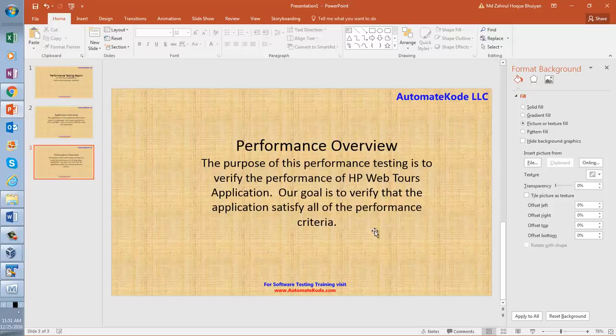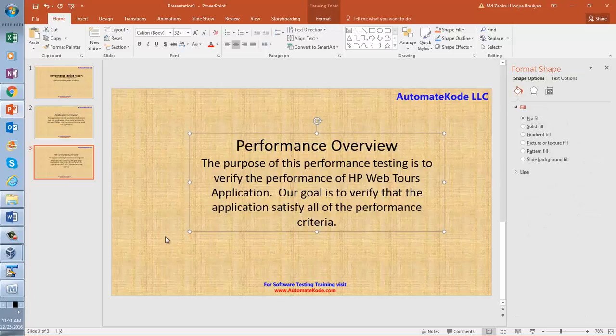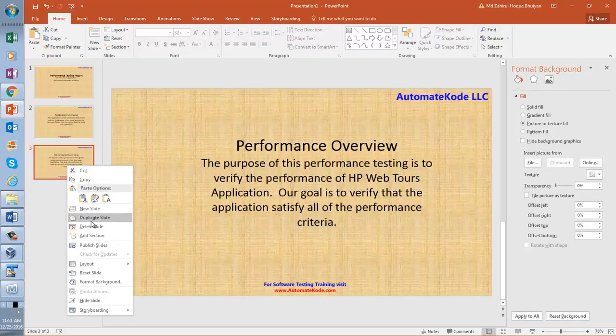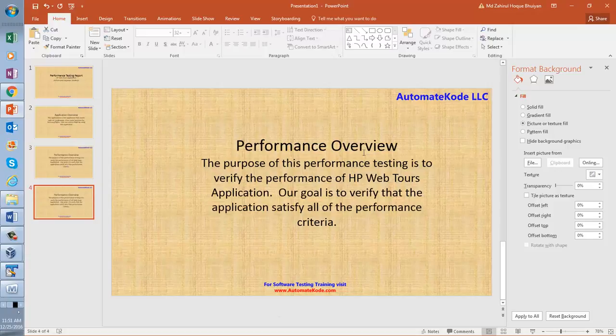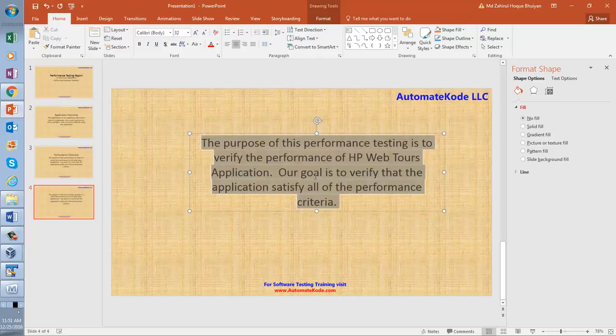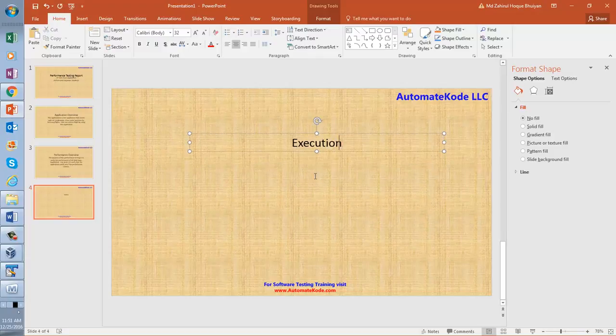Now we give the performance overview, and then I am going to create another slide where I will be mentioning execution details. I will make this one bigger.